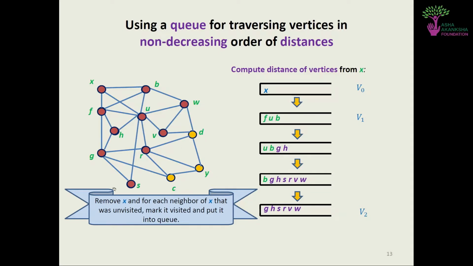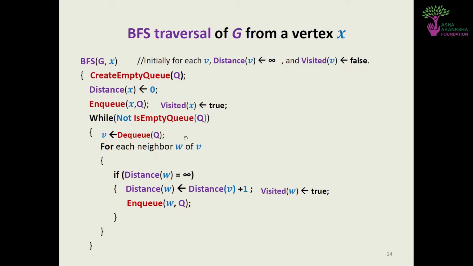And after all these are added, everything will have a distance that is not infinity, and thus no more vertices will be added, and at some point everything will be dequeued using this loop. We dequeue everything, and at the end everything will have their perfect distances assigned. This is the BFS traversal pseudocode.